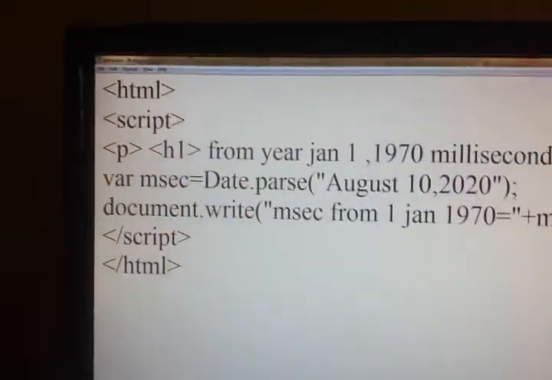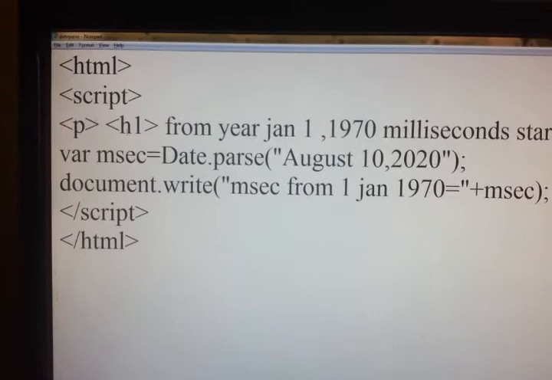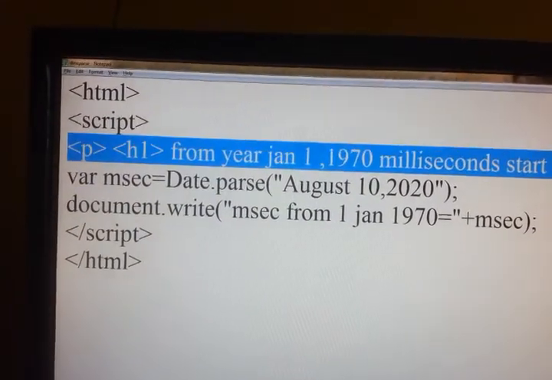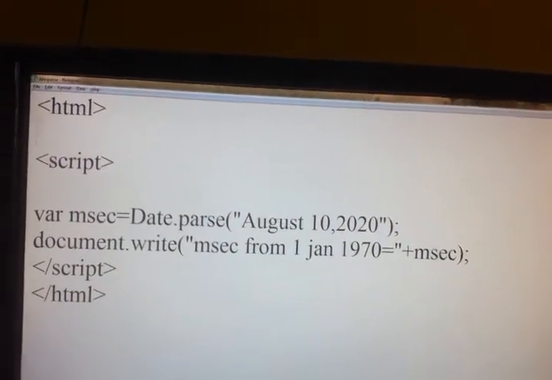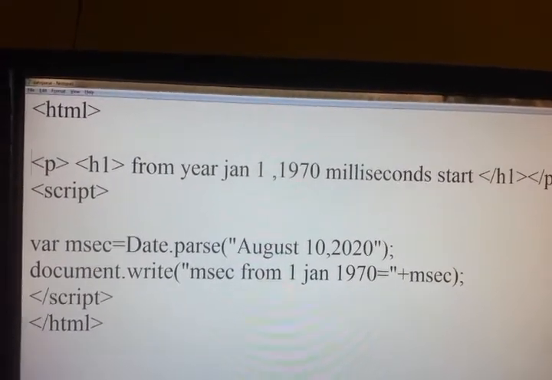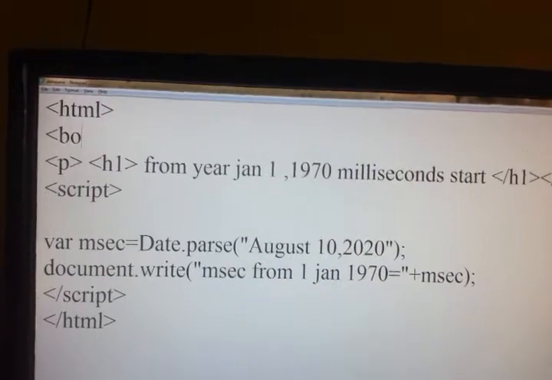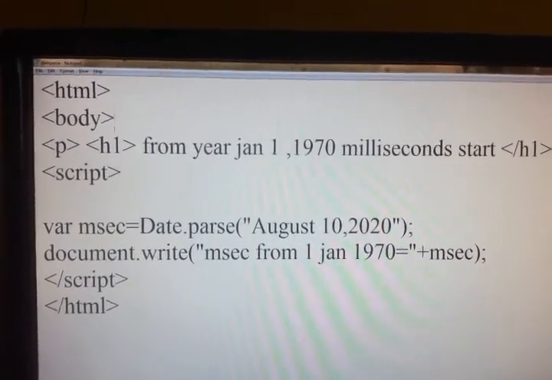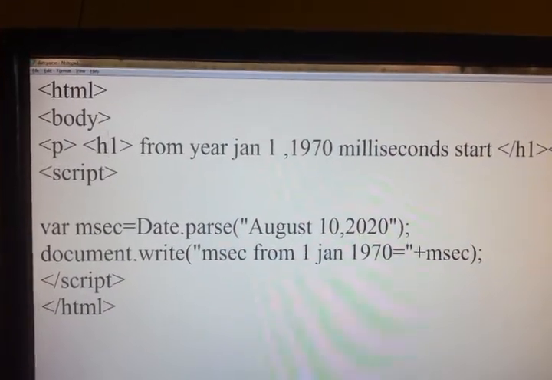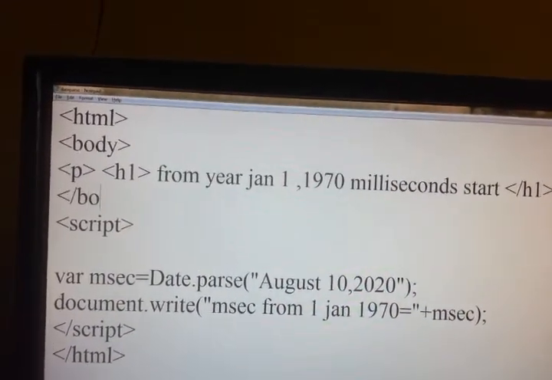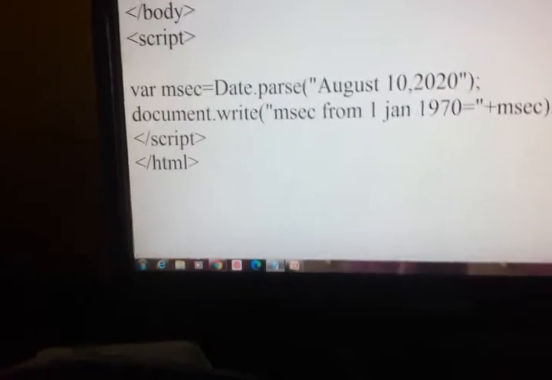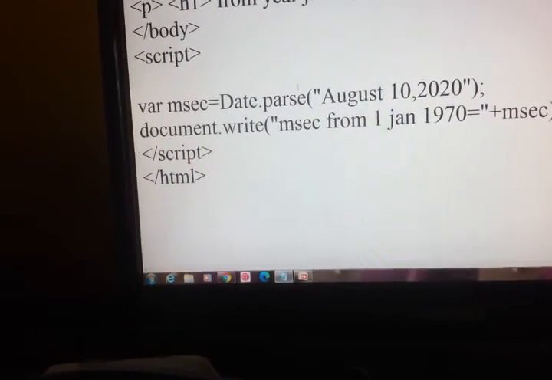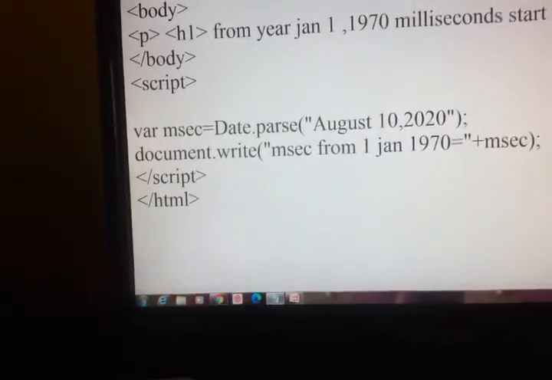That is the problem. We'll keep this written in the body. Save. Go to the browser. Yes.